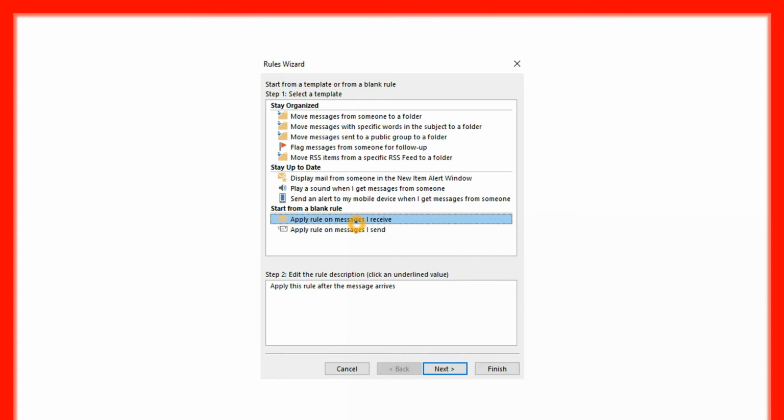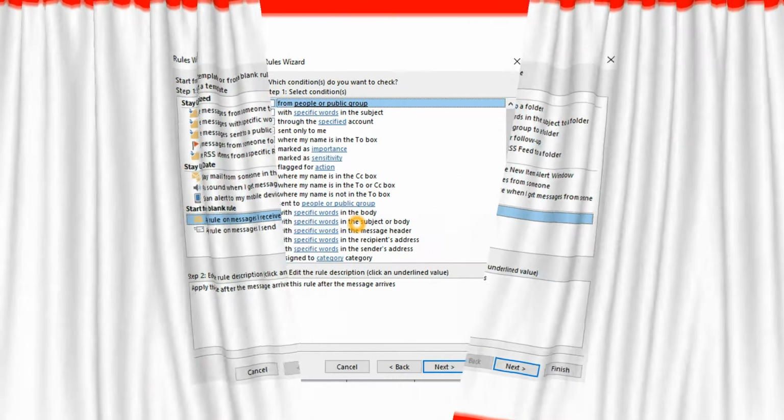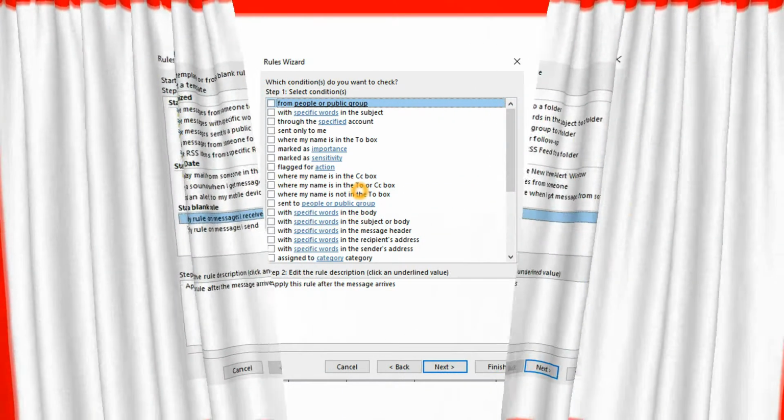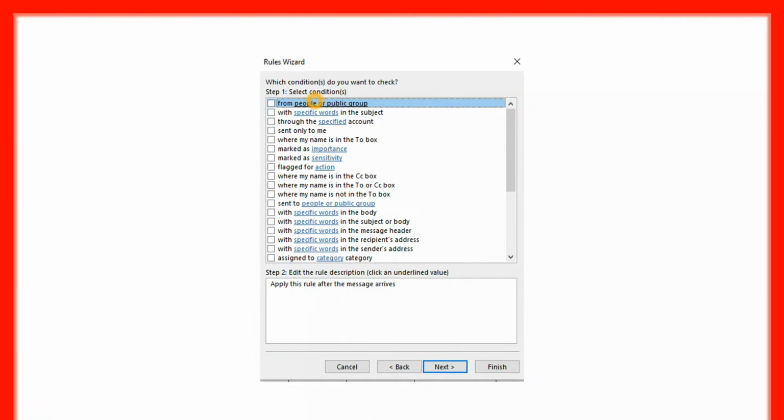The main thing you have to do, I'll tell you. Once you open this, it will be another window where you will be putting the conditions. That's totally up to you. You will click on this particular button.